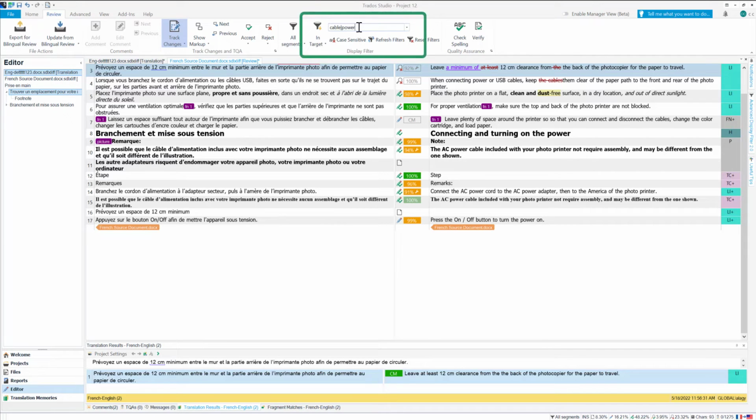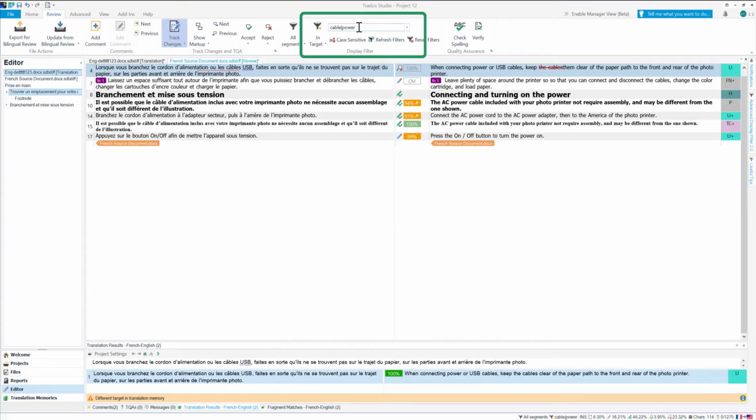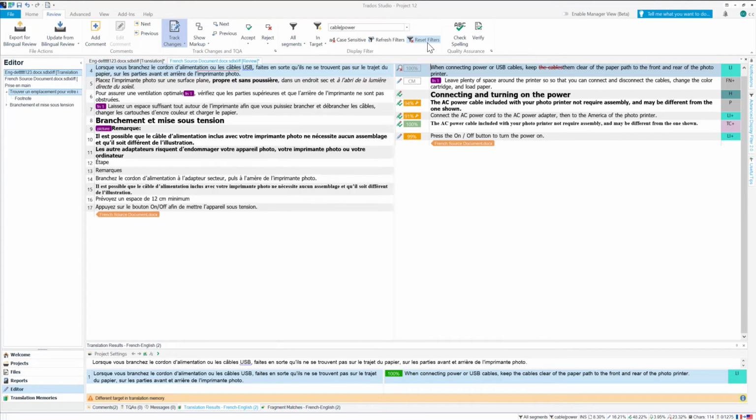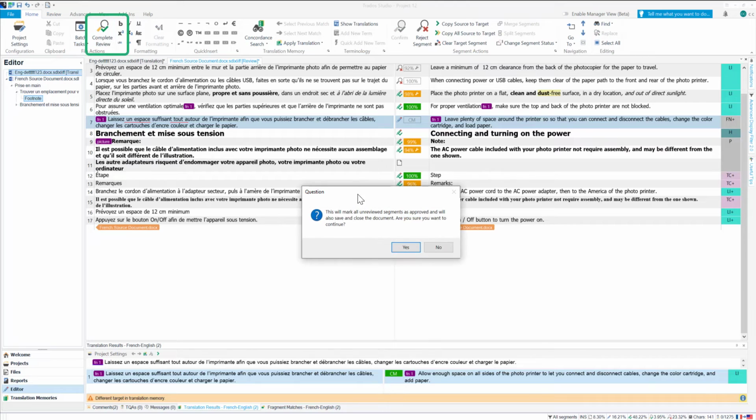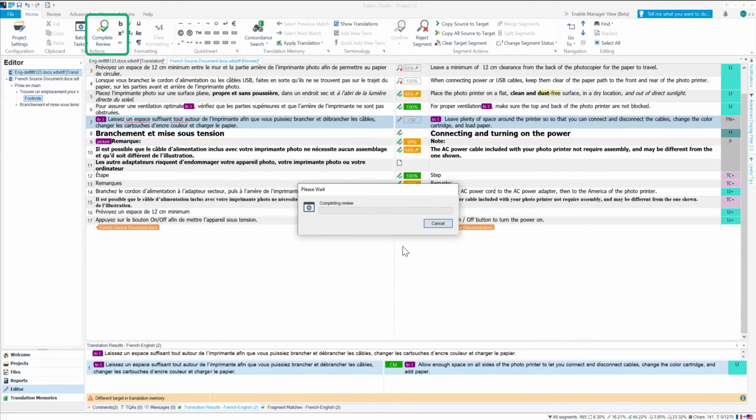A nice trick is to separate two words by the pipe symbol, which makes Display Filter show segments containing either one of them. When I close my document in review mode, I'm prompted to mark any unreviewed segments as approved. This is a quick way of completing a review, also possible by clicking the Complete Review button.